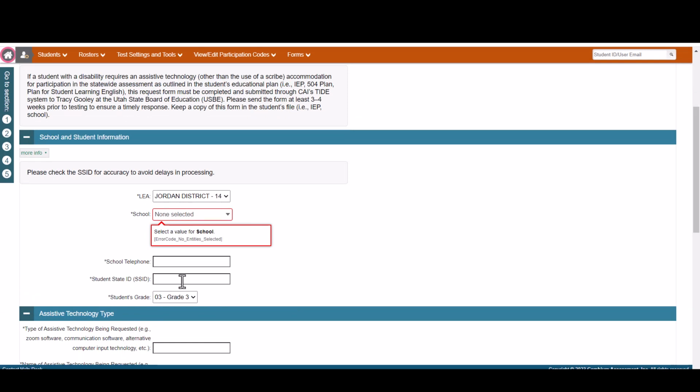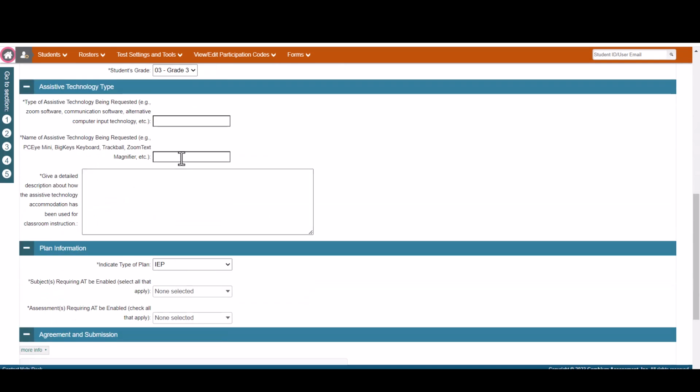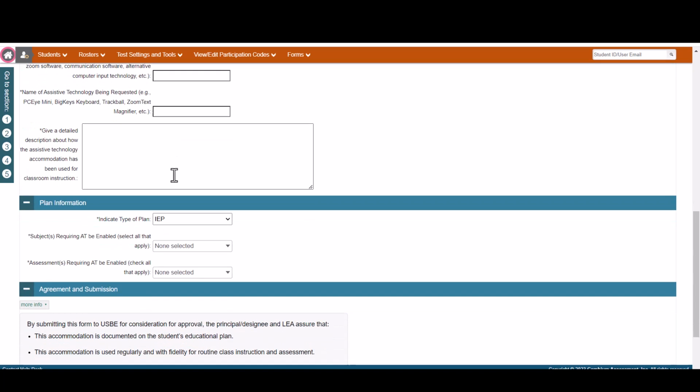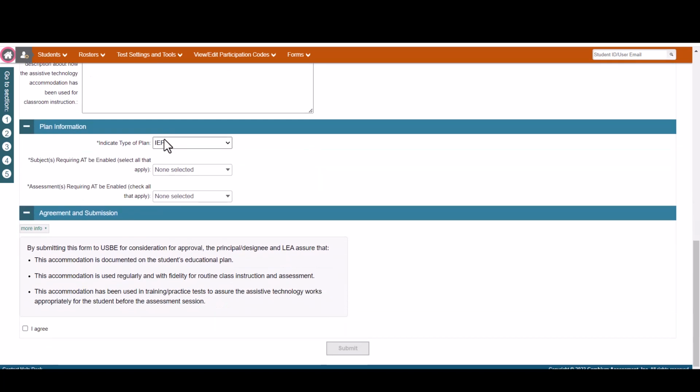Select your school and your student on the form, and then explain what type of assistive technology needs to be enabled, giving brand names where possible. Select what type of plan this is for, an IEP, a 504, something else, and then select which tests this will apply to. Once all that is composed and selected, click Agree and Submit, and then staff at USPE can switch on this